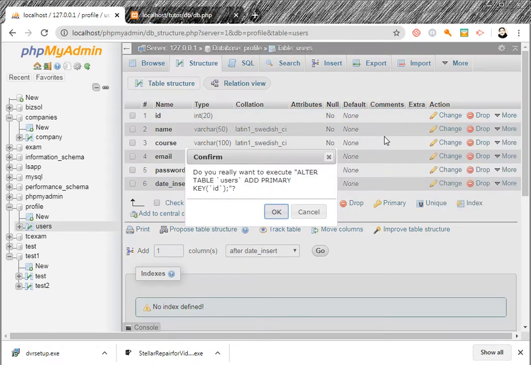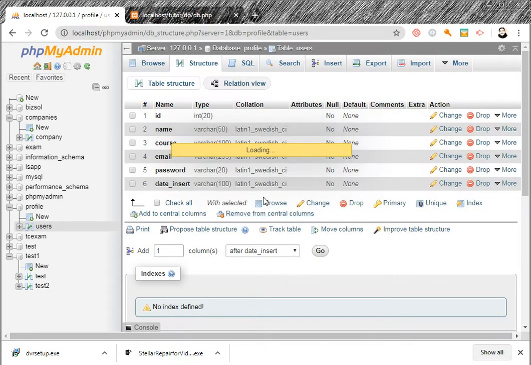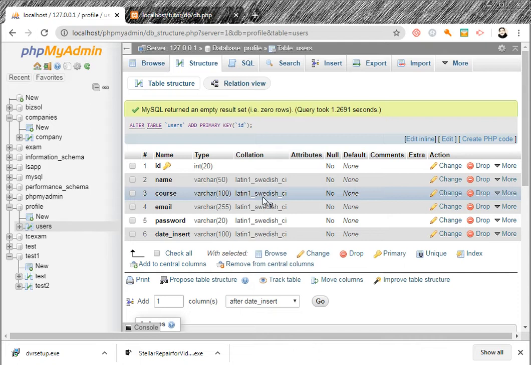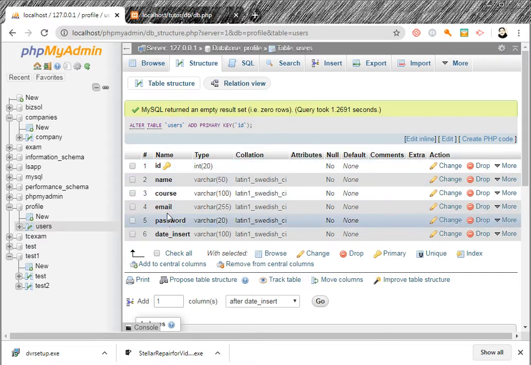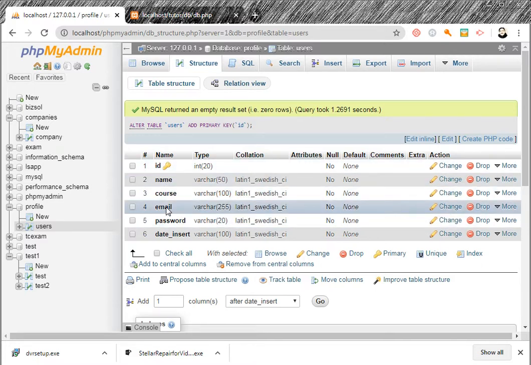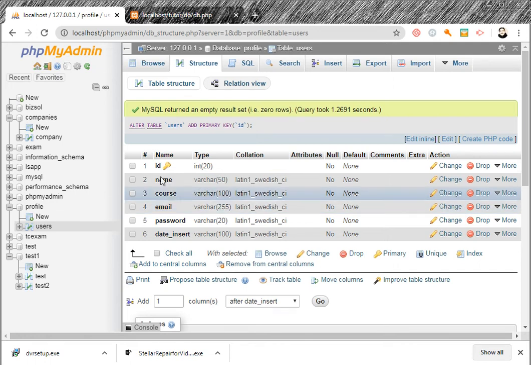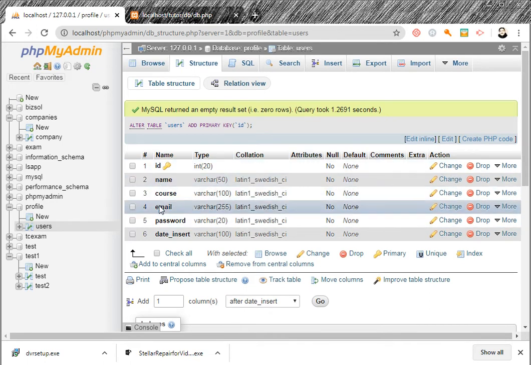Email should be primary key. In third normal form, which we have not discussed yet, there should not be two unique IDs. We have email and ID, two unique IDs in the table. There should be only one unique ID in the table.